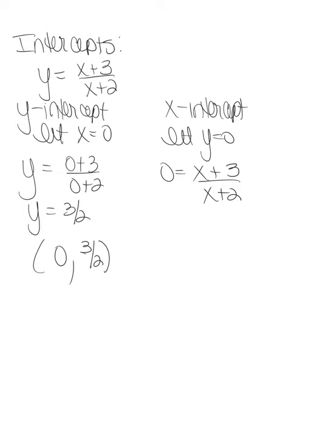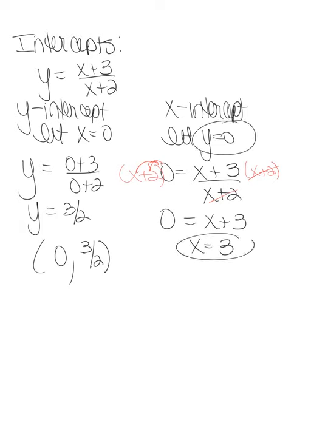And I can do that as long as I multiply both sides by x plus 2. Of course, distributing across here with a 0 is just going to give me 0 on the left-hand side. But the x plus 2's cancel on the right, and I get x plus 3. Then by subtracting 3 from both sides, I get that x would be equal to -3. Remember, we let y be equal to 0. We got x is equal to -3, so we have the ordered pair -3, 0. Now we're going to go back to our graph and plot the